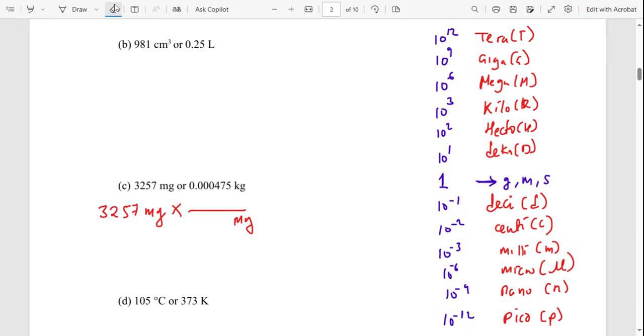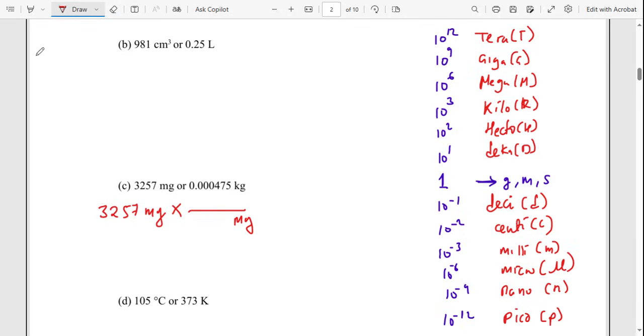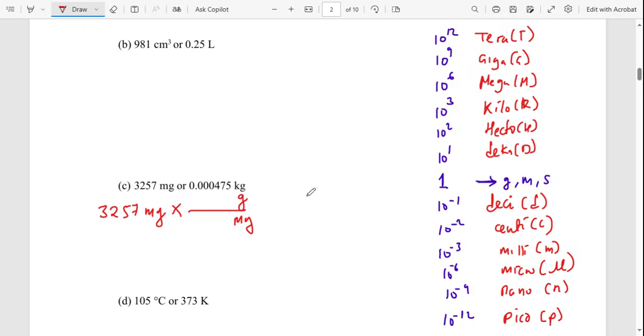What do I mean by reference? It doesn't have any prefix. There is no number, no letter in front. There's no kilo, no micro, nothing in front. So first go to the reference. Okay? Now, because a micro is down and a gram, which is the reference, is on top, that means